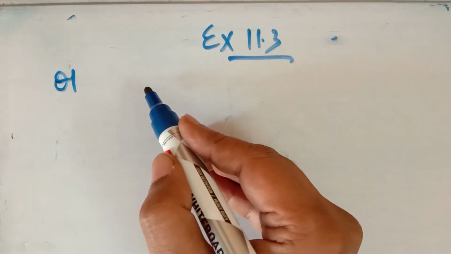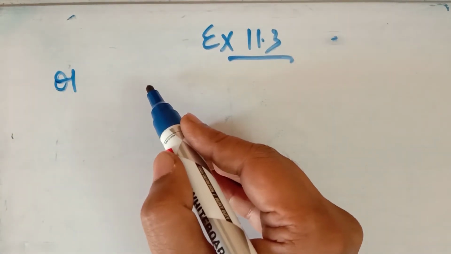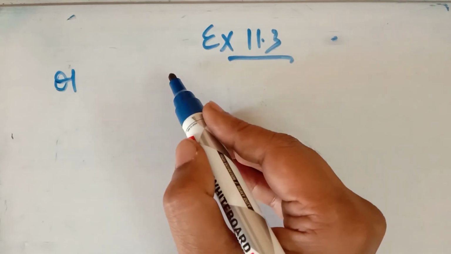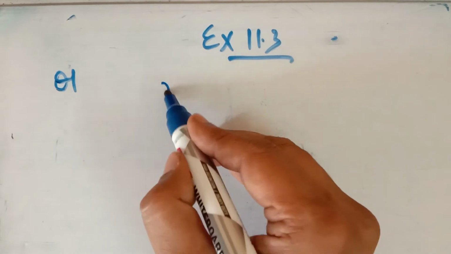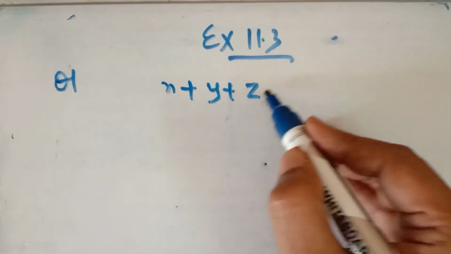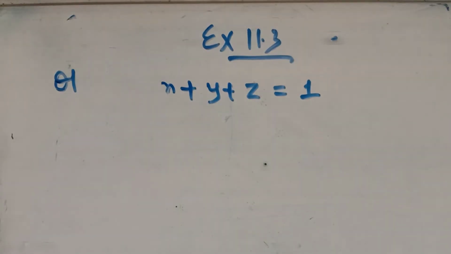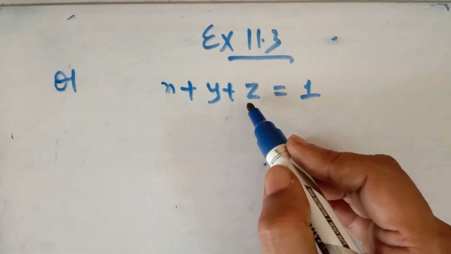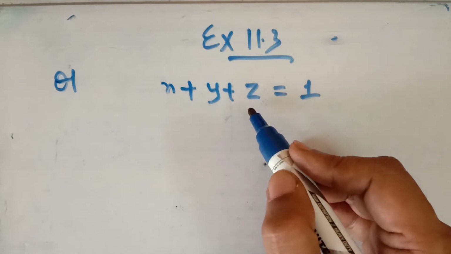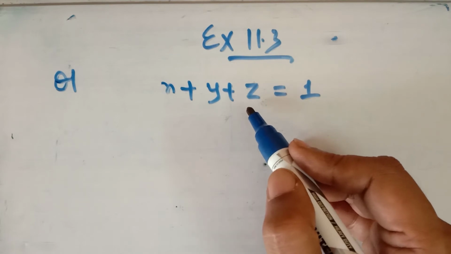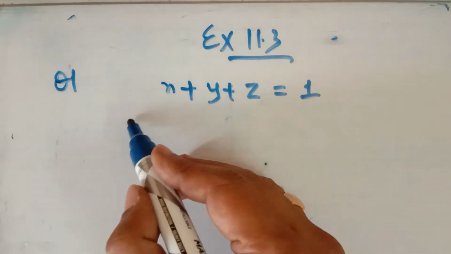In each of the following, determine the direction cosine of the normal to the plane and determine the distance from the origin. So suppose we are taking this second part of this question, and you have to find the direction cosines of the normal to this plane. Now to find the direction cosine normal to the plane, you have to convert this equation of the plane in the normal form. So how you have to do it with the normal form?